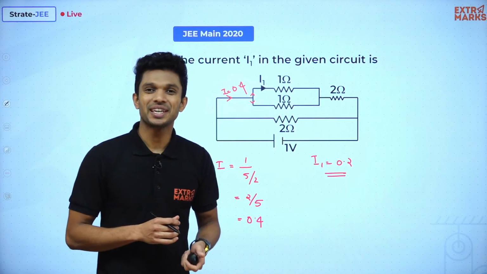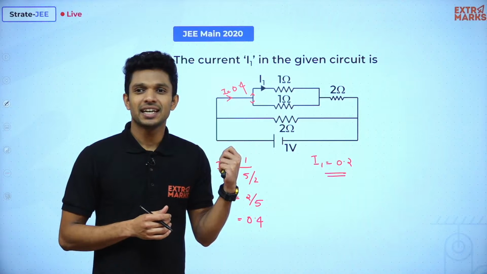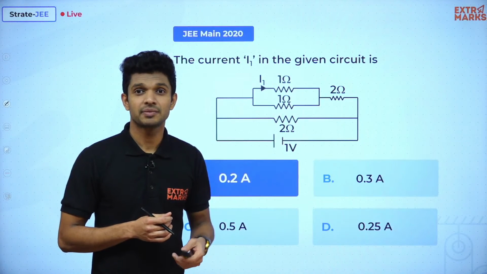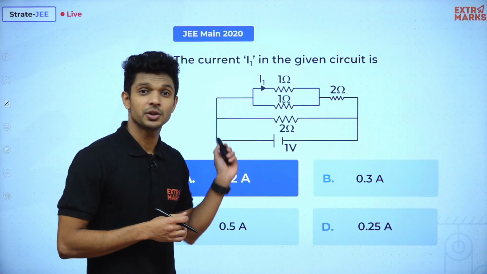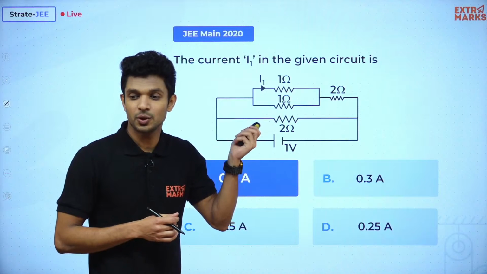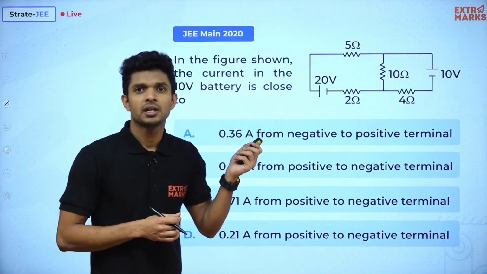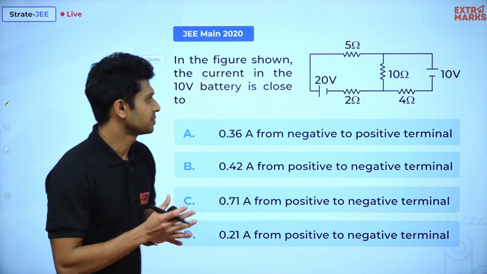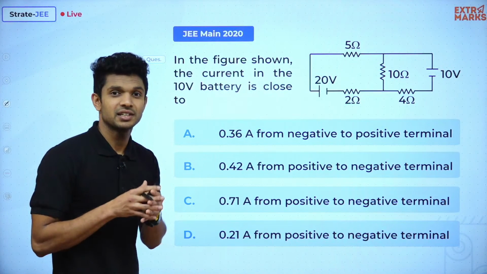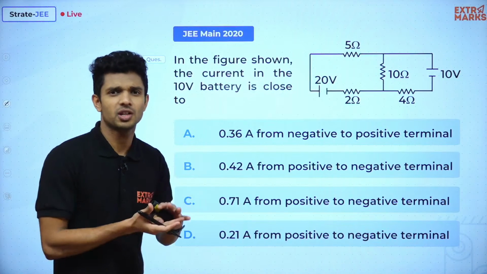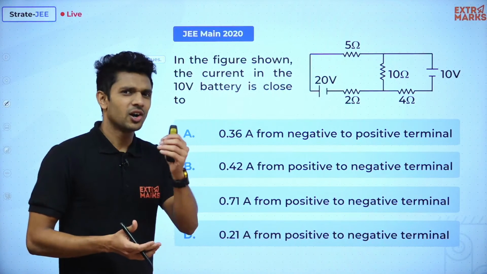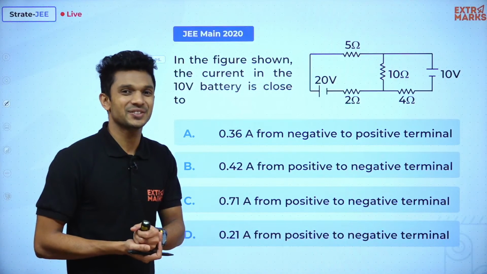ठीक है? So yes, answer तो clear है ना? ठीक है? Shall we move to the next question? हम तो जा रहे हैं. Answer तो आप लोग mark किया ना? 0.2 answer also. I think you all made a screenshot so that you can do it later, right? Okay. So this question. I think this is one of the pretty big questions over here. Anyway, no worries, right? However big the question is, small the question, it doesn't matter for all the JEE aspirants over here, right? All the students of Extramarks, it doesn't matter. We're going to solve it anyway.